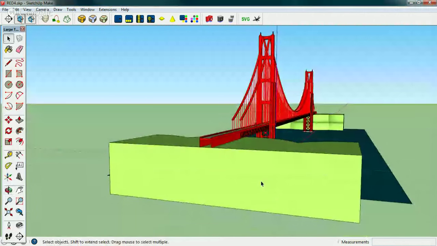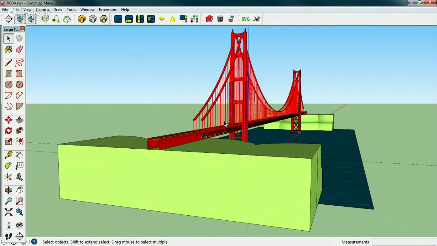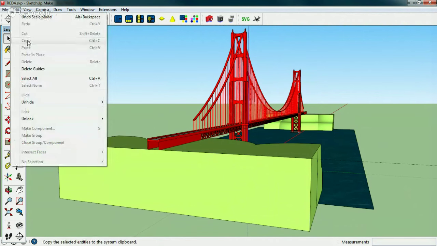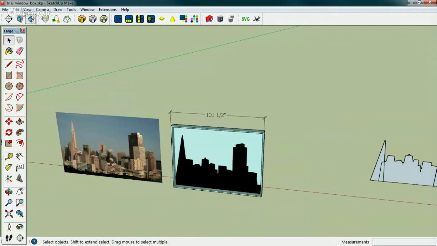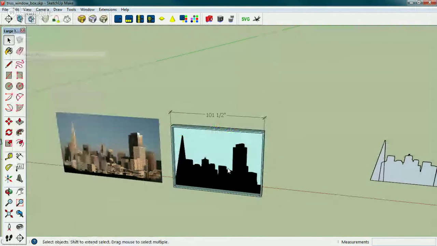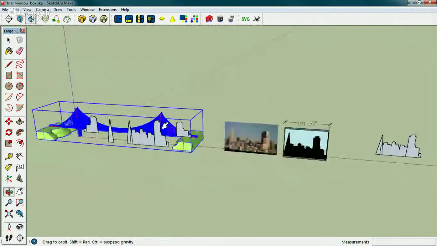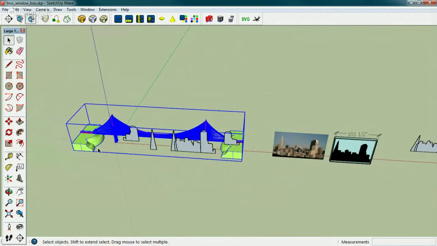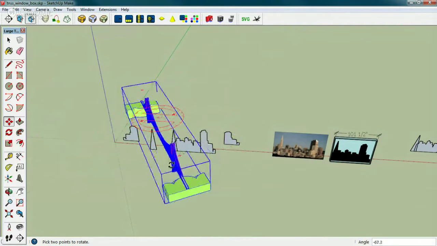So let's look at our model here. We say we want this here. So let's say, just start off, just for the hell of it, hit T. I don't want 111 meters. I want 100 inches. I go Edit, Copy. Where's the other drawing? I go Edit. It didn't copy. A second. Edit, Copy. Okay, it copied that time. I go Edit, Paste. Oh, that looks cool too. Well, so we made it so it was a